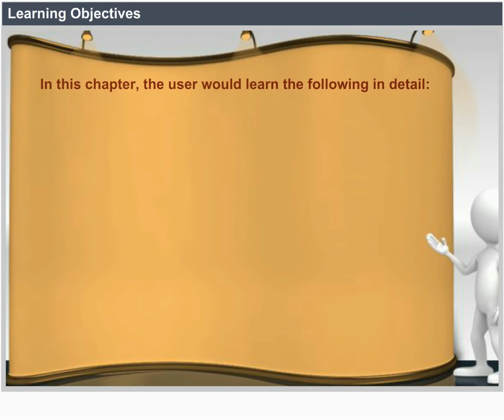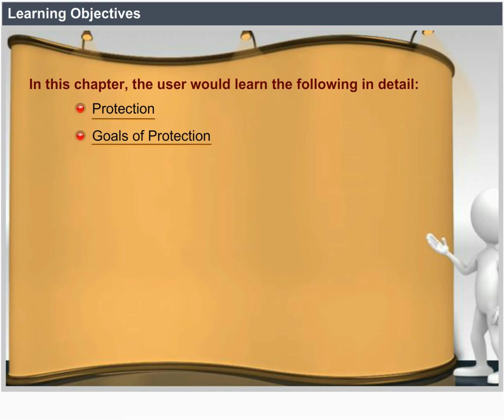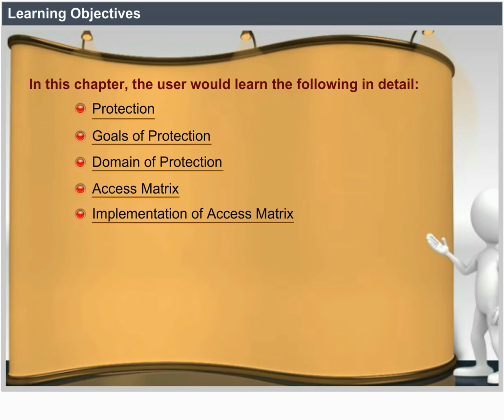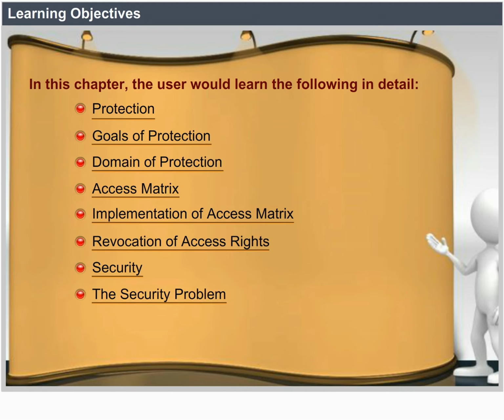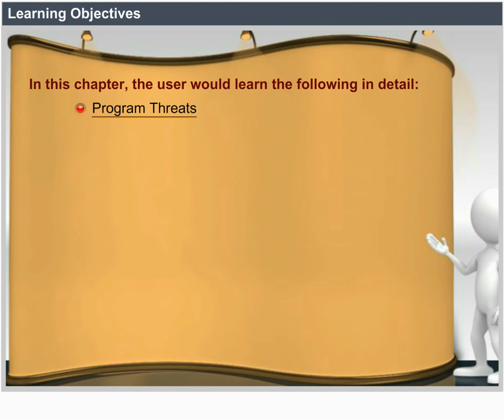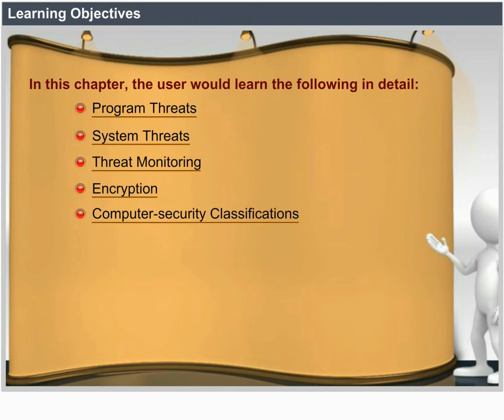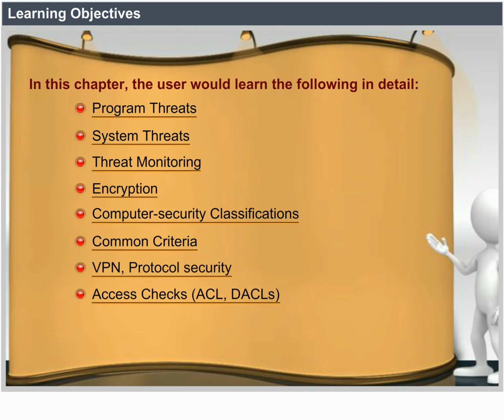Learning objectives. In this chapter, the user would learn the following in detail: protection, goals of protection, domain of protection, access matrix, implementation of access matrix, revocation of access rights, security, the security problem, authentication, one-time passwords, program threats, system threats, threat monitoring, encryption, computer security classifications, common criteria, VPN protocol security, access checks, ACL, DACLs, auditing and policy management,